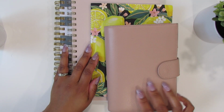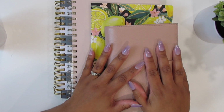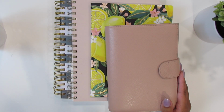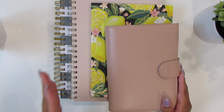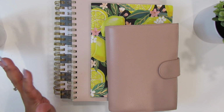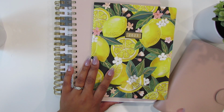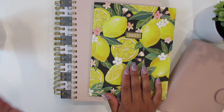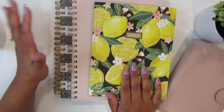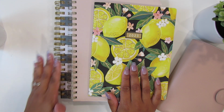And I think that going back to a disc bound, I mean, I will always stay with my Mythology, don't get me wrong, because this goes in my purse with me. But my disc bound usually stays home, and that is where I can tell my husband, hey, can you look at this section, and you can open it up, see that it's there, and nobody's just going through different pages of the planner just to look for one specific piece of information. So that was one of my pet peeves with the coils. And I am thinking, yes, this is my home planner, so this is most likely just going to go back to a disc bound,